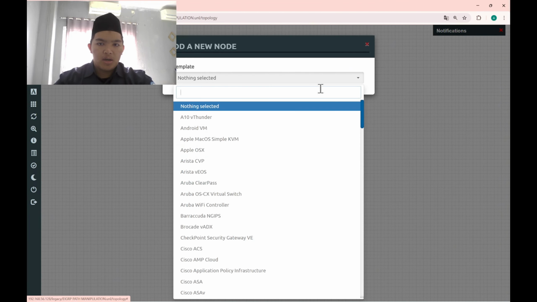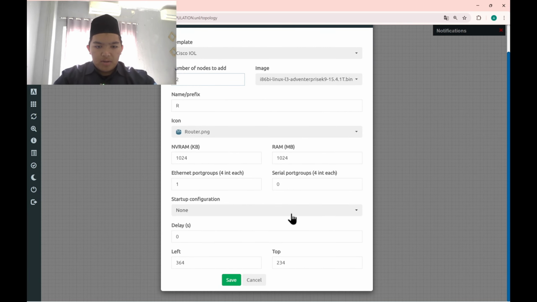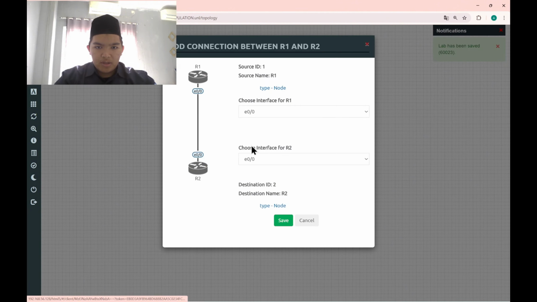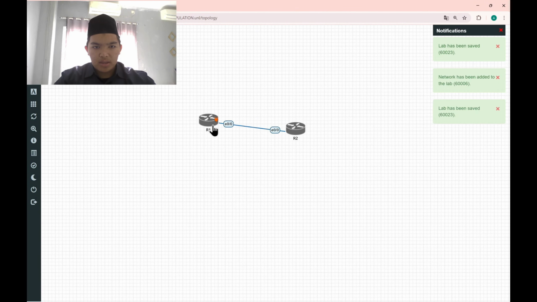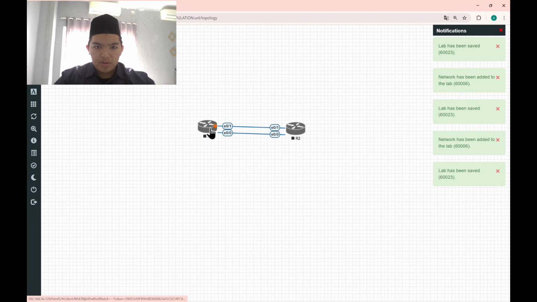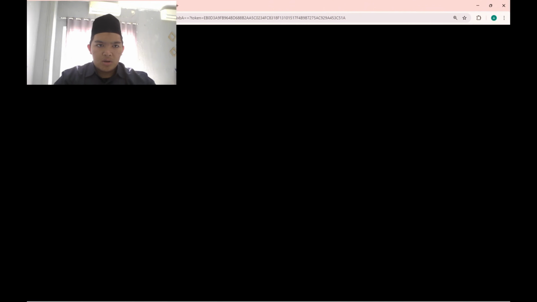So I'm gonna start the lab, and here I'm gonna use GNS3, and then we're gonna add two routers. The topology I use is two routers like this, and there are two interfaces that we will use. Then we're gonna turn on the routers and go inside.